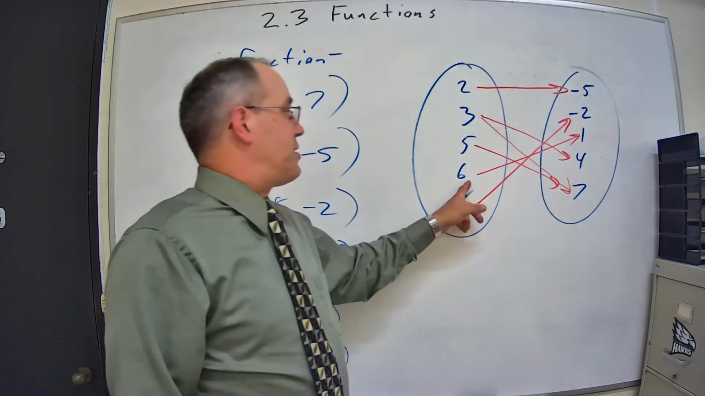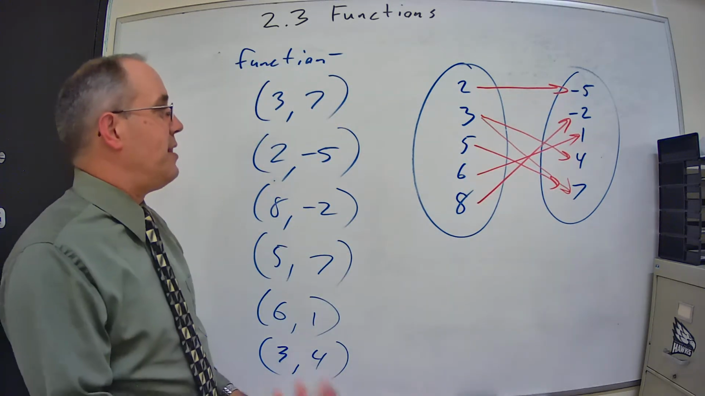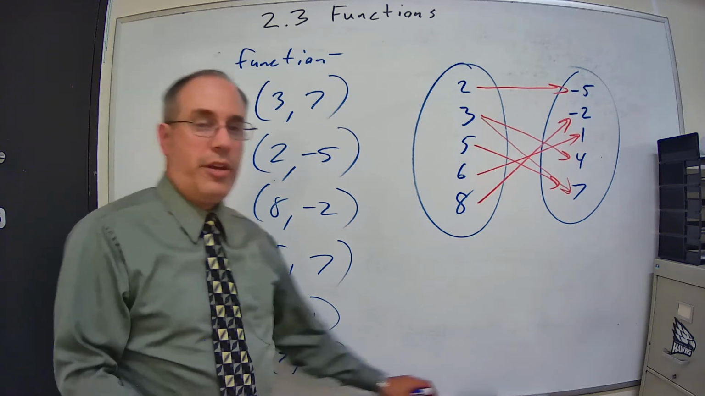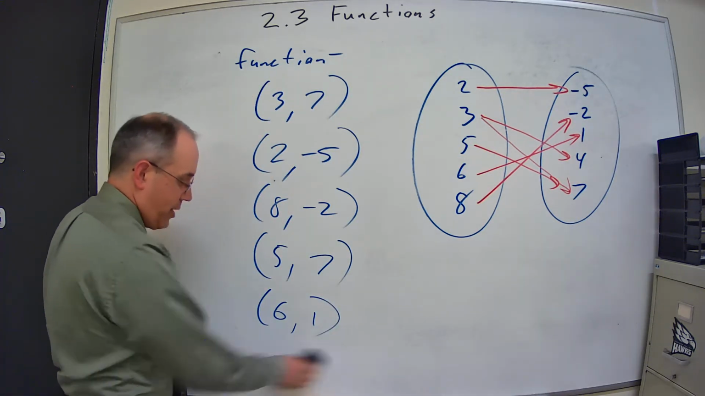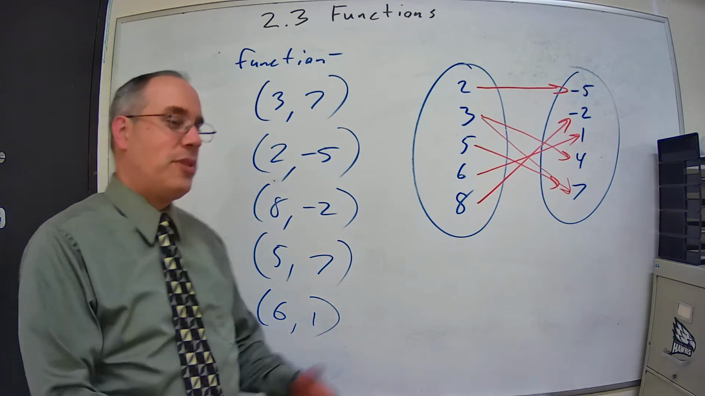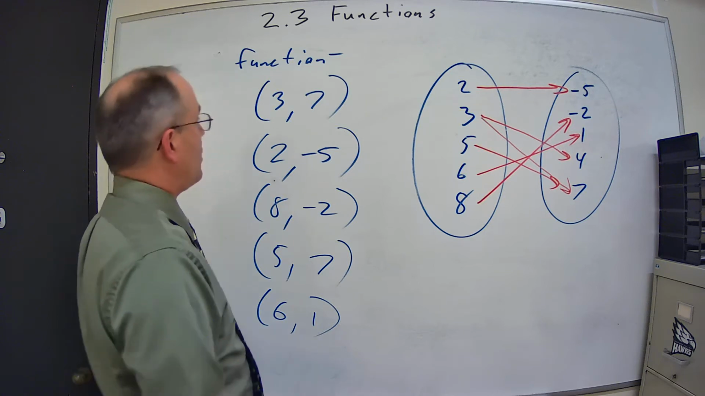5 gives you a 7, 6 gives you a 1, 8 gives you a -2. So what really made this a relation but not a function? It's this last one here that I added on. You remember I kind of added that one on at the end and said, let's put that one in there. Well, that one is what caused the problem. Without that,